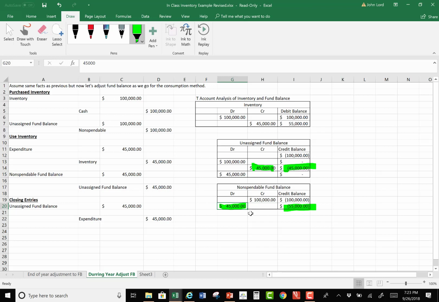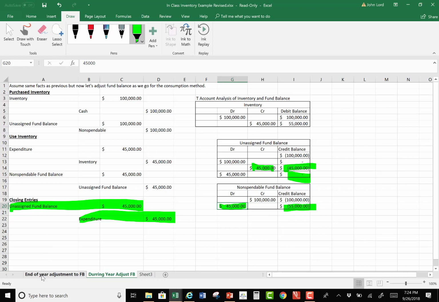Meanwhile, I'm only showing $55,000 of inventory up there, right? But don't I have to close that expenditure account? So when I close the expenditure account, I'll do what? I will credit the expenditure. I'll debit the unassigned. When I debit the unassigned, what happens? Now it comes to 0, doesn't it? So I'm showing 55,000 of inventory and 55,000 non-spendable fund balance,